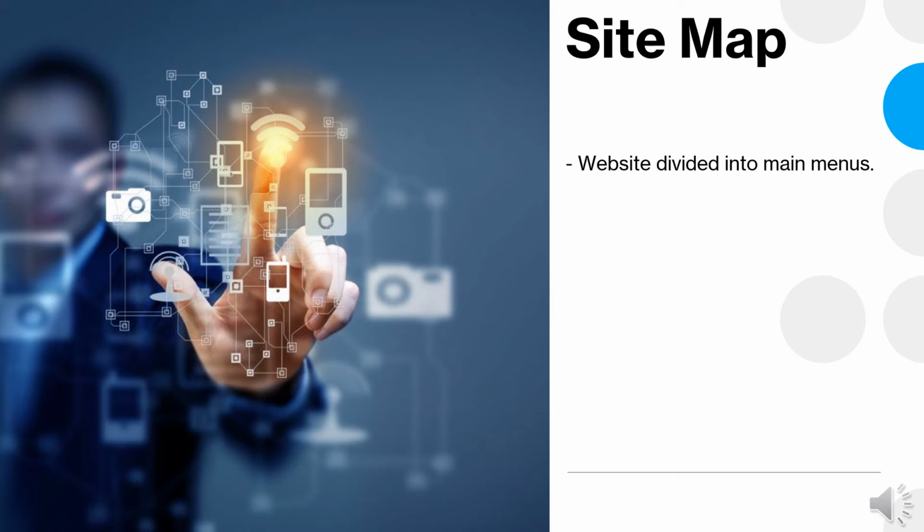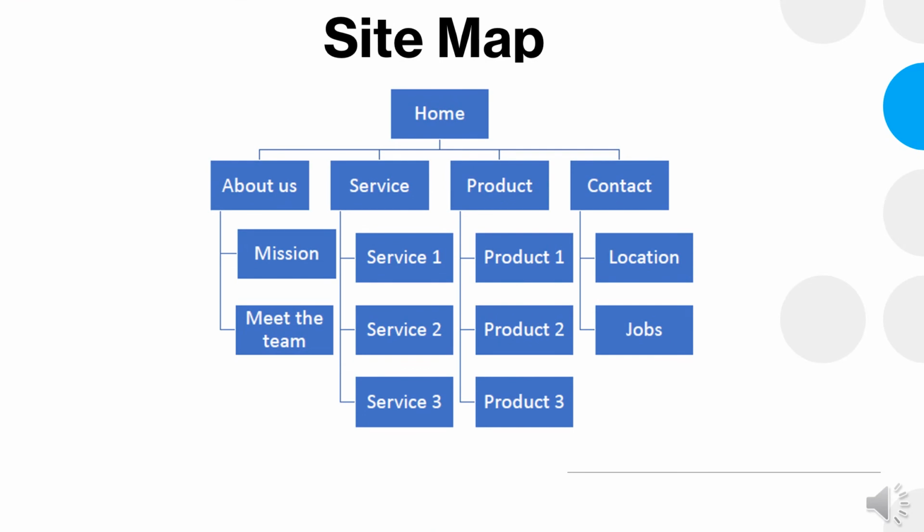So let's look at an example. So you have a sitemap there, you land onto the home page. On the home page you can have different main menus. For example, you can have about us, services, products that we offer, and contact details. And maybe your users might come and be like, no, I feel like contacts should be under about us, and then you can basically just move contacts to about us, and then about us as a main menu could have other sub menus. So it's gonna have mission, meeting the team, contact details if that's what your users want, and